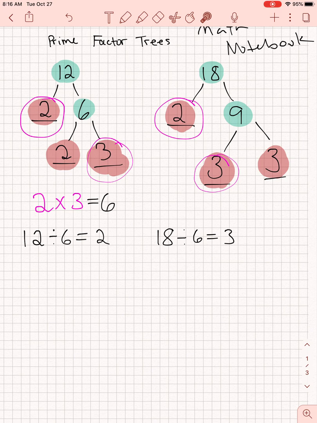So that is a prime factor tree. In the next video, I'm going to go ahead and solve another one of these, and I'm going to have you try it on your own. So go ahead and start watching the next video after you're done taking your notes here. Actually, first let's write down these steps. So step 1 is make